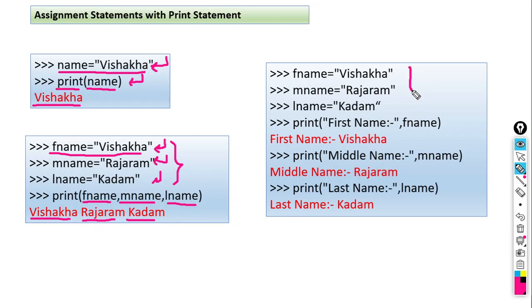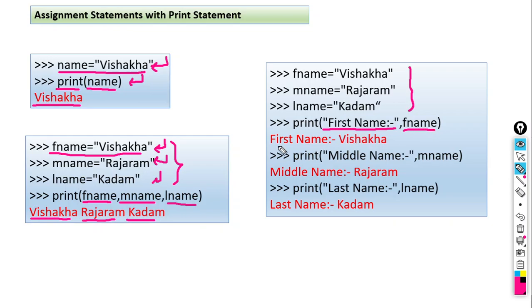Again three variables are there, F name, M name, and L name. The same data is stored here, but the print statements are different. Print, some text is there, first name equal to, and then we have the variable here, F name. So how does it give the output?